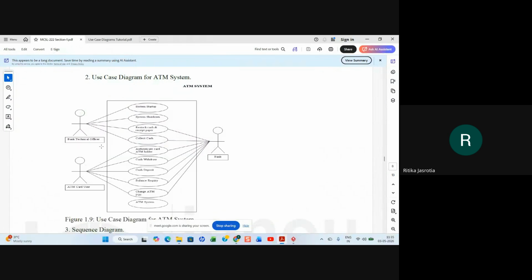This is the bank technical officer. This is the ATM system, the boundary. Bank technical officer, ATM card user, and the bank are there. You have use cases like system startup, system shutdown, restock cash and receipt paper, collect cash. These are done by the bank technical officer, right? And the ATM card user can authenticate card, ATM holder, cash withdraw, cash deposit, balance inquiry, change ATM pin, and